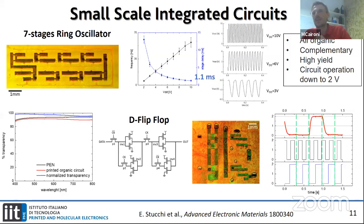The mobilities are in the range between 0.1 and 1 square centimeter per second. So you cannot expect high switching speed here, but they work. And you can make more complex logic circuits. So basically, a flip-flop is one bit, let's say, one dynamic bit that you can use in the shift register, for